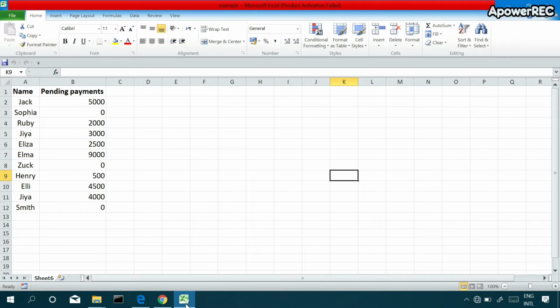Let's say every month I receive this spreadsheet that has customer name in one column and balance due in the other. Let's say I have to format this data in a specific way. I want the customer name to be split into two columns, first name and last name, and balance due which is greater than 0 must be highlighted.